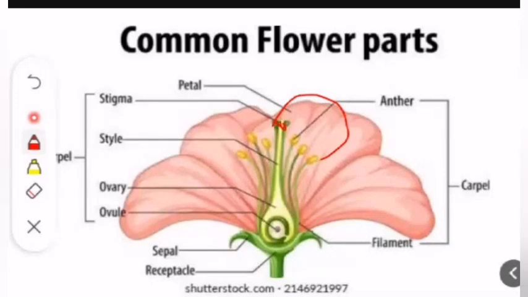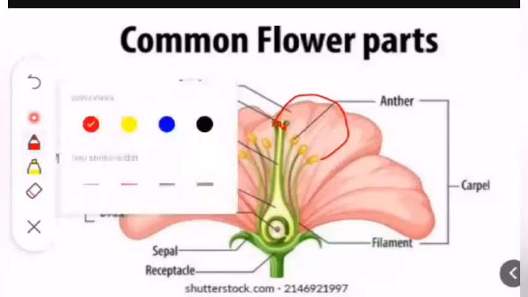Pollination can have two types: self-pollination and cross-pollination. Don't worry, I won't go into those parts. It's something you can read up. Now, after pollination has occurred,